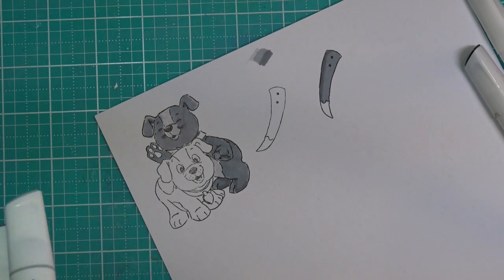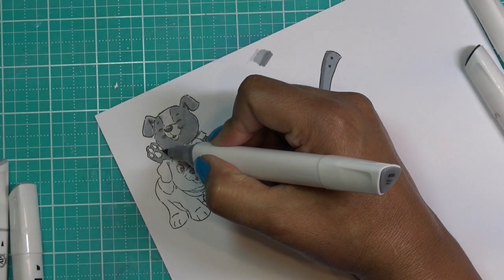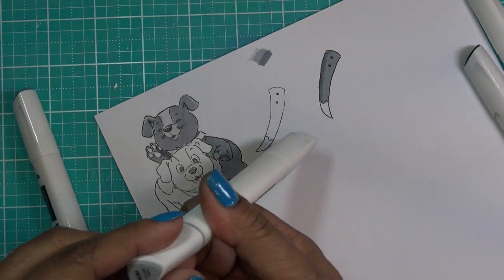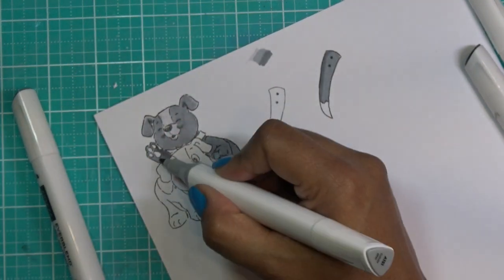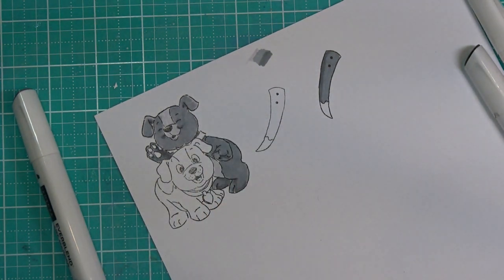And then we're going with the koala gray. And add a little bit of depth of color in here, maybe a little darker, like where the shadow might come in here. And back in with the koala. Sorry. Yes, cloudy gray. And I think that's it. It looks like that's his little